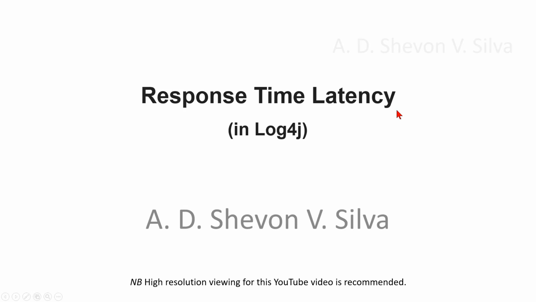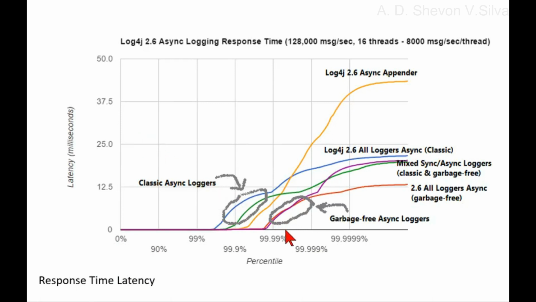Response time latency in Log4j. Now here you can see response time latency. This is Log4j 2.6 async logging response time. 128,000 messages per second, and 16 threads, 8,000 messages per second per thread, and this section